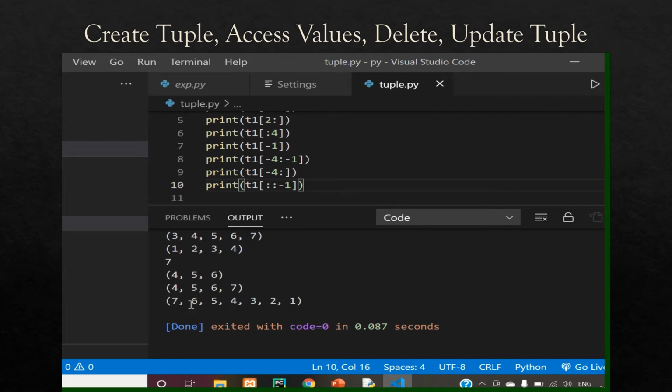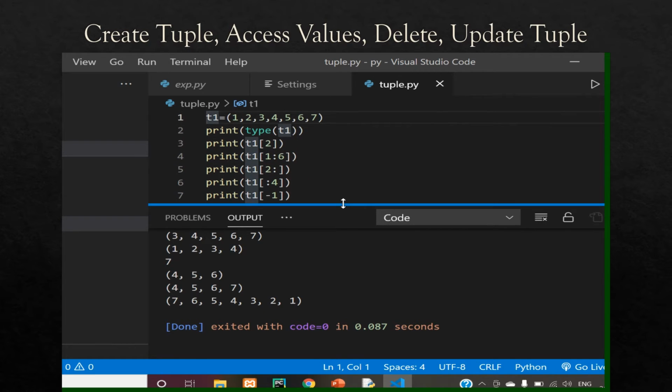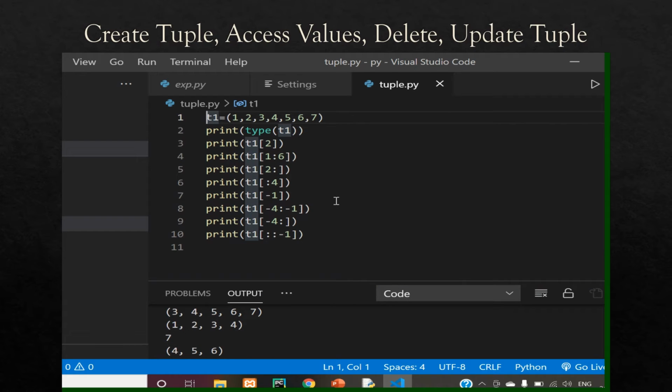ठीक है, as you can see उल्टा डिस्प्ले हो रहा है पूरा ट्यूपल। This is how you can access the elements. कैसे तुम लोग स्लाइस कर सकते हो उसको, नेगेटिव इंडेक्सिंग कैसे कर सकते हो, ये सब मैंने तुम लोगों को बताया। ठीक है, नेक्स्ट जो है update operation, but since tuple is unchangeable, तुम लोग tuple के